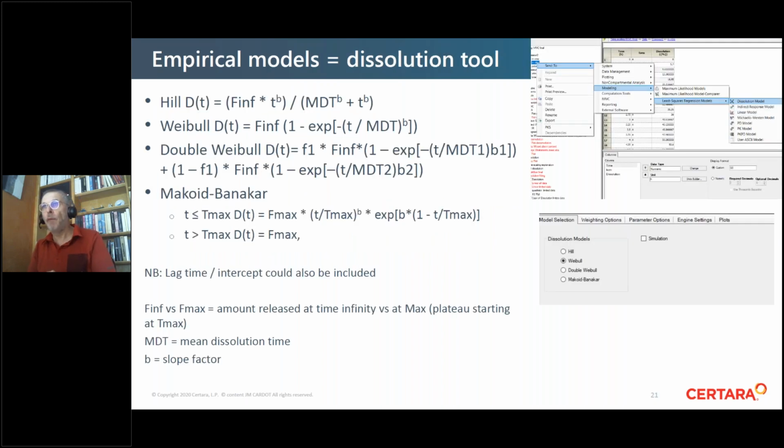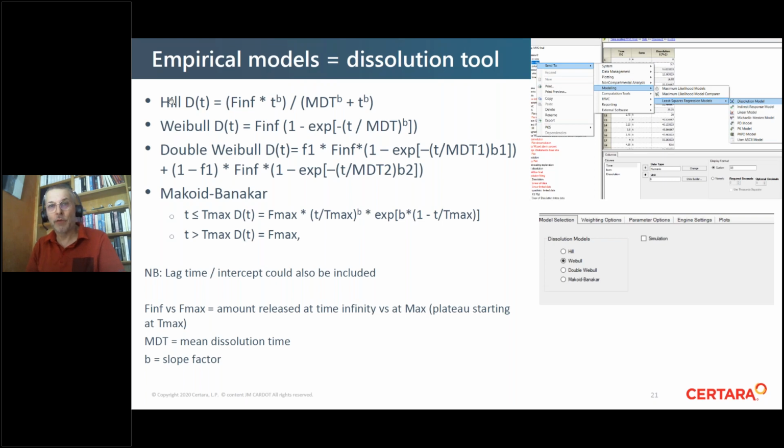So which are the empirical models? Don't be so afraid by the formula that you have here in the top left part of this slide. You have 4 equations which are described in the modeling least square methods dissolution models. Those equations are the Hill equation, the Weibull equation, and something which is a combination of 2 Weibull, which is the double Weibull. The advantage of a double Weibull is that you can describe something with, for example, 2 absorptions,